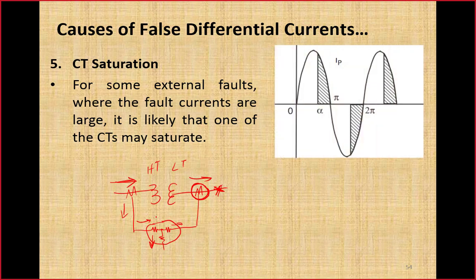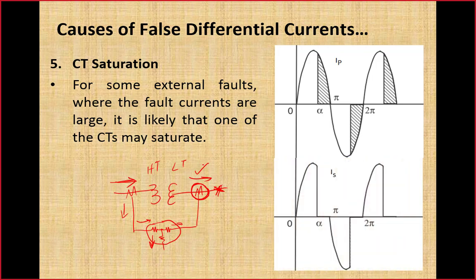So let's say this was the primary current that is flowing through the primary of the current transformers. Here that is pure sinusoidal. And if the saturation occurs during these shaded portions, so this is the waveform of this current which is on the primary side. The shaded portion on the secondary side, the current would not appear during this saturation period. Only this shape of current will appear on the secondary side.